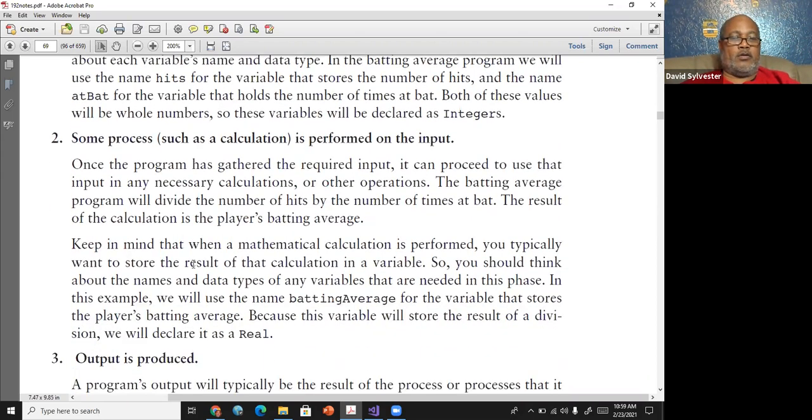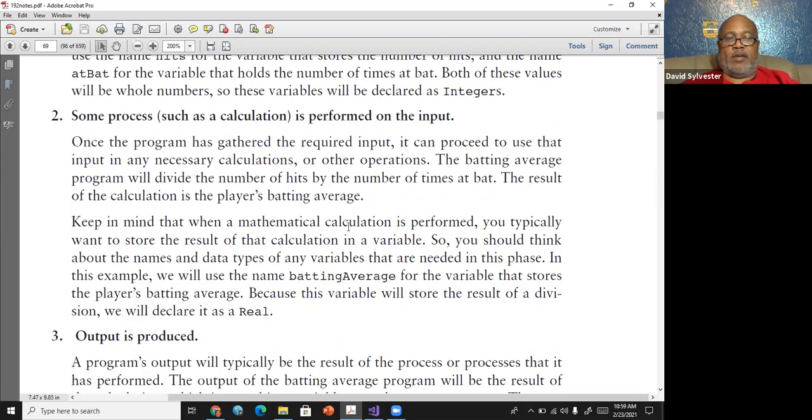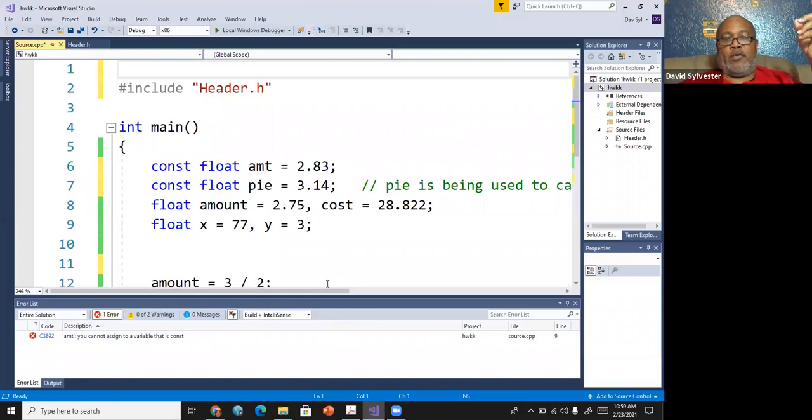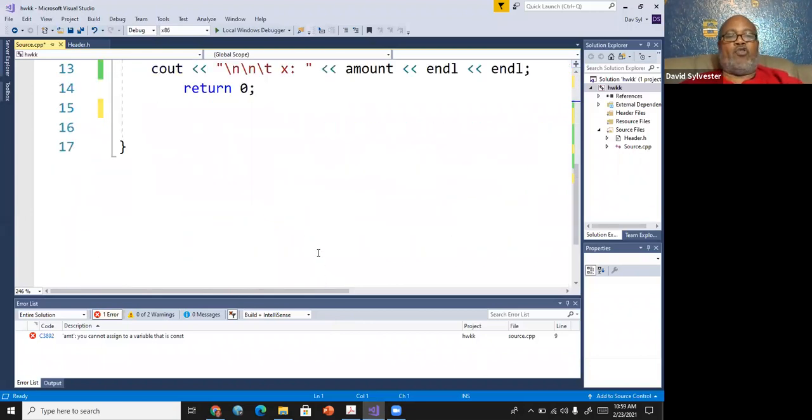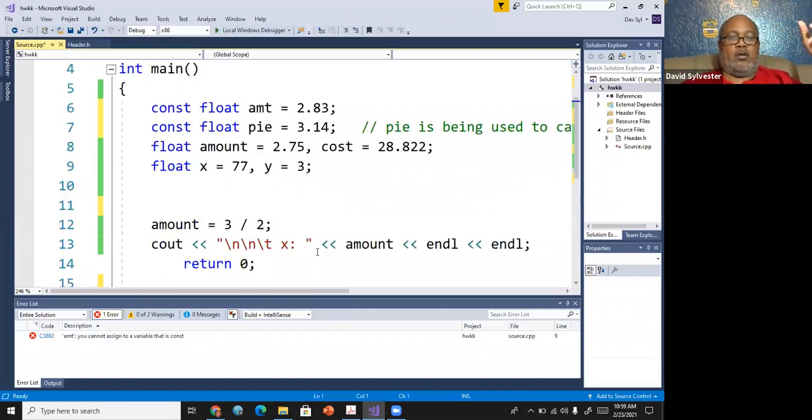Keep in mind that when a mathematical calculation is performed, you typically want to store the results of the calculation in a variable. What they're saying here, and I'll show you, is that some people code the other way, but we try to get you to store data into a variable rather than just output it straight.